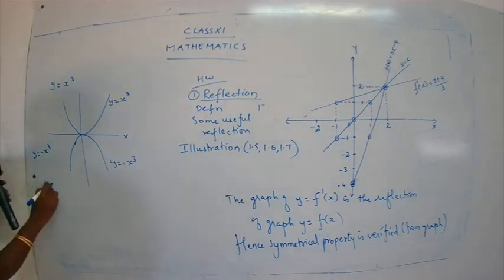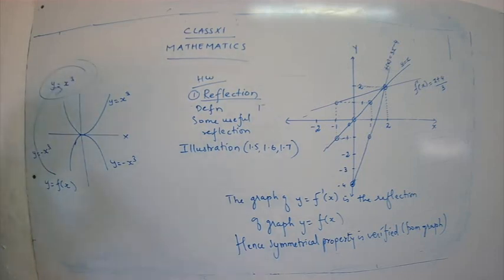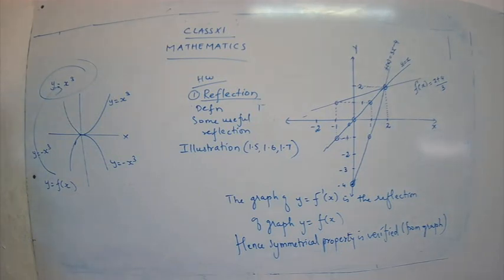So if you have a function y is equal to f of x, they have given you a function. This is y is equal to f of x. And now what are they asking? Plot a graph of the function y is equal to minus f of x. So what are you going to do? You are just going to reflect it about the x-axis. So upward will turn to be downward. Remember. Clear, children? Okay, done. Now next one. You can just follow. That's why I have told you to go with all the illustrations. So once you go on doing the illustrations, you will get a concrete idea of this topic.